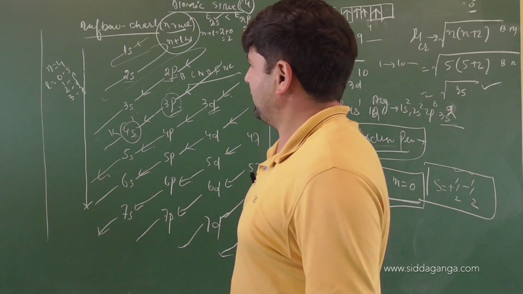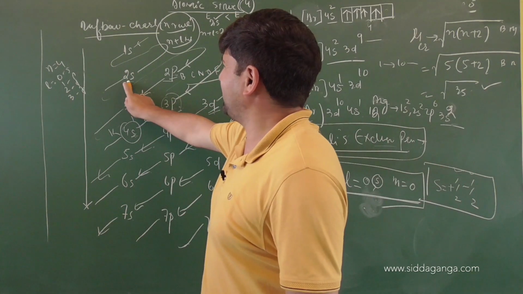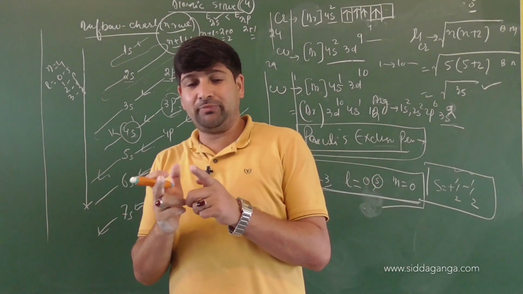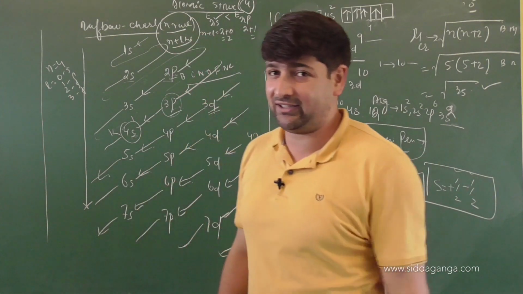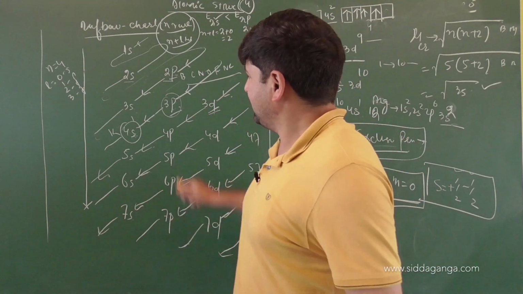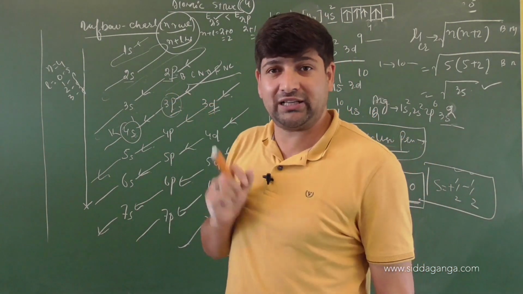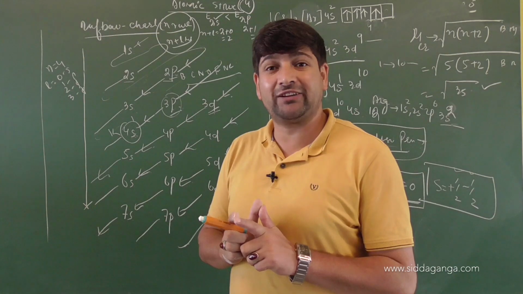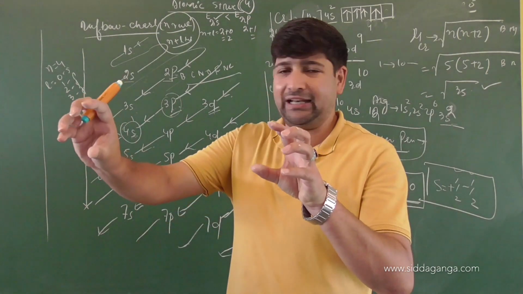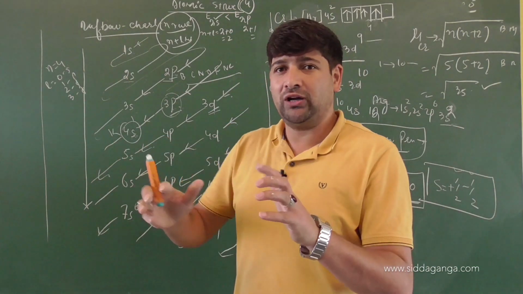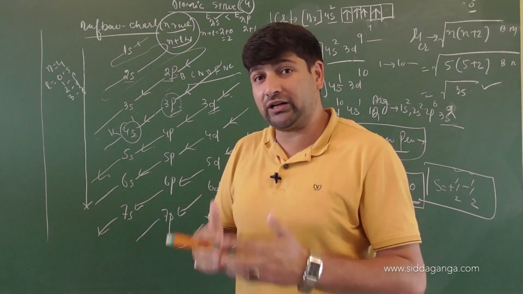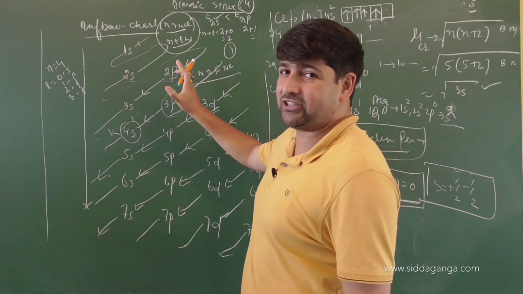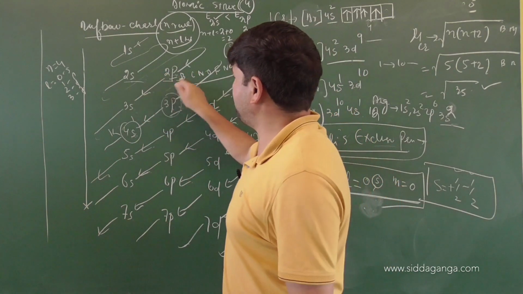So for hydrogen, remember the energy of 1s is less than 2s, which is equal to 2p. I mentioned yesterday that it is the principal quantum number only, that is the distance of the electron from the nucleus in hydrogen, that decides the energy. What's the reason for that? I said that there are no inter-electronic repulsions existing in hydrogen. The only force existing in hydrogen is the electrostatic force between the proton, that's the nucleus, and the electron. No repulsion exists between electrons at all. So energy will be decided primarily, importantly, and only on the basis of what value? n value. So if the electron is going far from the nucleus, then energy will keep on changing. Now s and p don't matter.